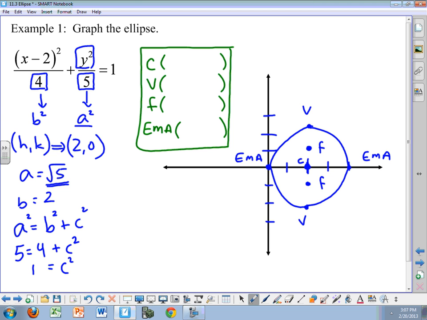First of all, the center was at 2, 0. The vertices are up and down from the center, so that's 2 comma plus or minus, in this case, radical 5, and that comes from our a value. Foci are 2 comma plus or minus 1, and the EMA are 2, and I'm going to go left and right 2 units, comma 0. So that's the way that we handle